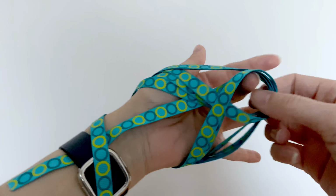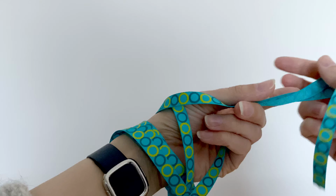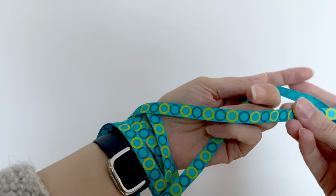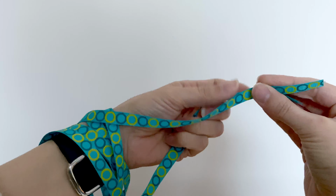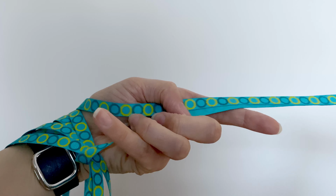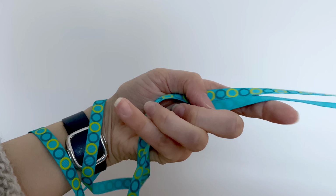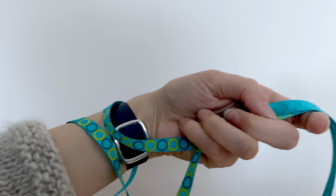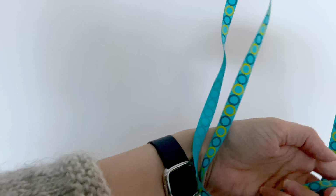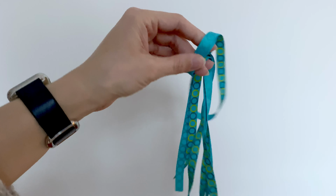So if I slip this off onto my wrist, and I'm going to pull with the two ends together. This ribbon has one side printed, one side not printed, which is quite helpful in this case because we can see more easily how much twist goes in there. So if I do this, I'm going to try and grab this end just to make sure that no extra twist disappears, but you can see there's maybe one or two extra twists, but nowhere near as much as there was with the centre pull